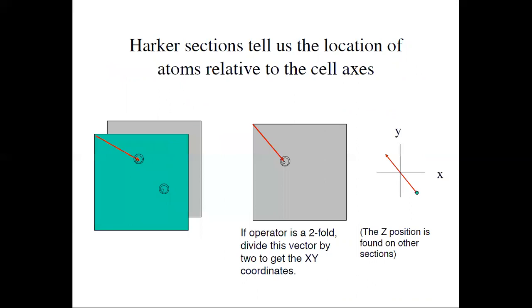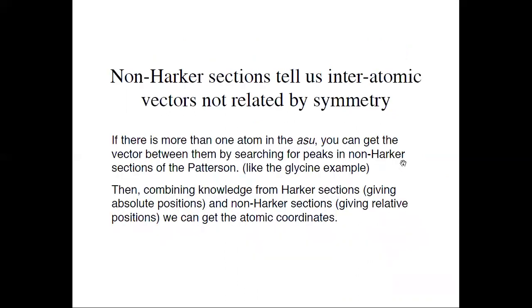Similarly, the Harker section tells us the location of the atoms related to the cell axis. Look at that. This is the area we have to see in the previous section. It should change from the two-fold, dividing this vector to the different coordinate. So the z positions are found in the different intercept. Similarly,